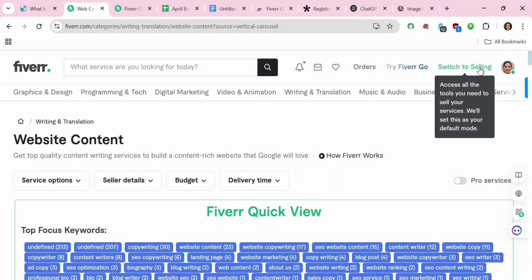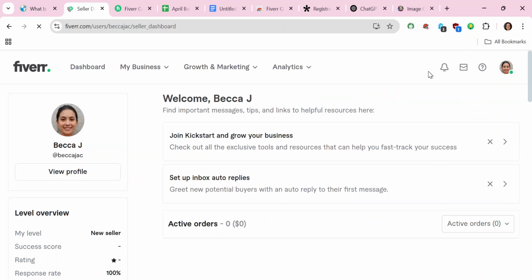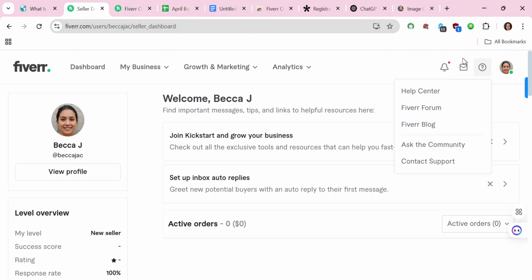So all you have to do is to switch your profile to the selling area. Once you log into your profile, you click on this question mark in a circle section. This is help and resources. Once you click on it, it should bring us to all of these: